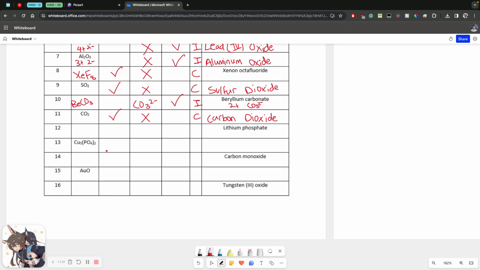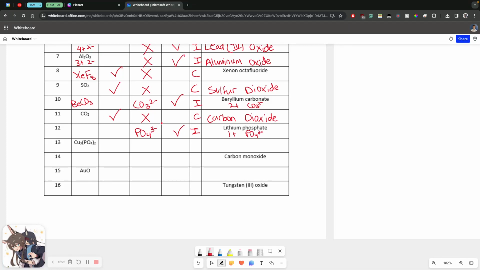All right, number 12, lithium phosphate. As we all know, lithium, a group 1 alkali metal, has a 1+ charge, and phosphate, if you look on the back of your periodic table, is PO4 3-. So with this information, we know that it is indeed a metal-nonmetal bond representing an ionic relationship with a polyatomic ion of PO4